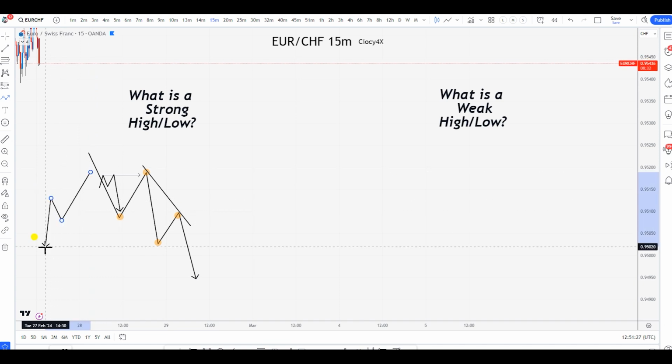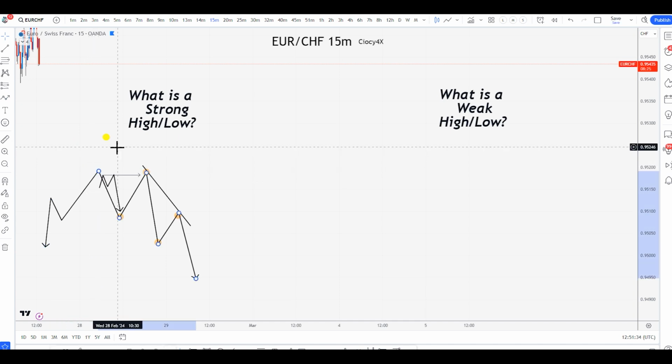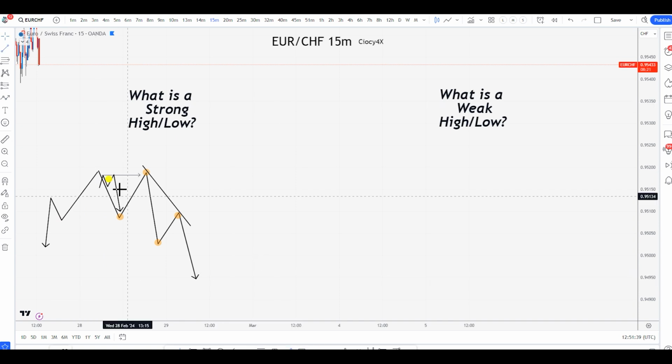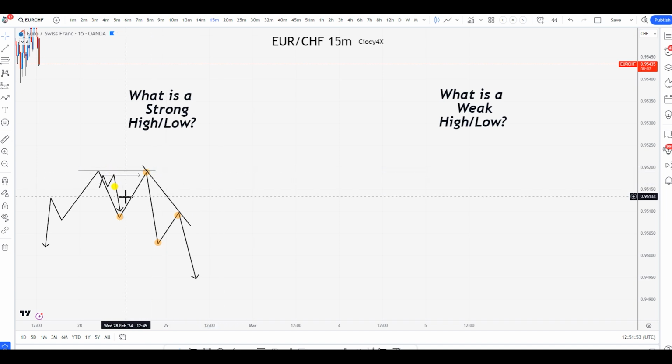Might have something like this. Let's say, okay, I'm sorry. Okay, from here, then you got this one over here. So therefore, now you got also what? Probably some type of equal high or equal low, which is classified also as a higher time frame support or resistance. And this is something that you don't hear from a smart money concept trader, but you hear probably from some other type of retail methodology, in this case, from a support and resistance trader. So that will tell you that, oh, because of the support or resistance, whatever is here, we tap it and we go down. Therefore, this becomes a strong high and what, right?